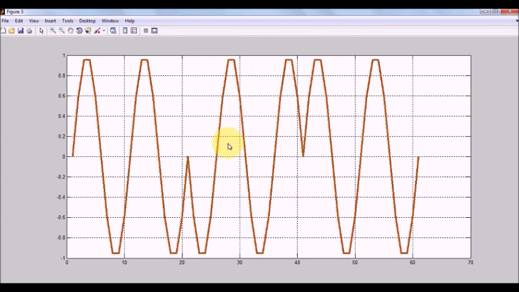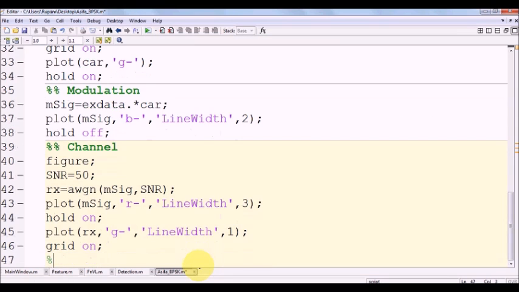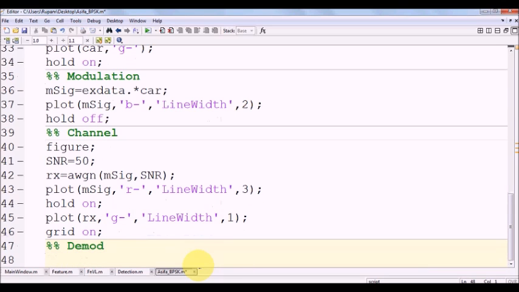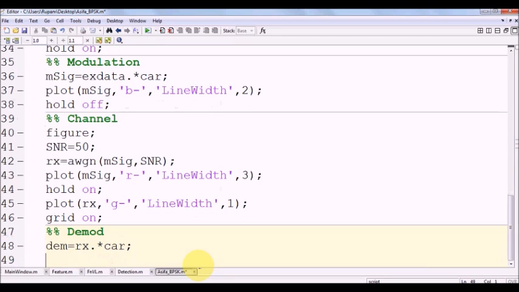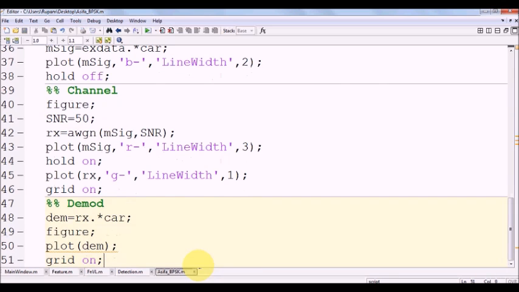Now how do we demodulate? The demodulation is nothing but multiplying the received signal with the carrier again. So for demodulation, my received signal is Rx. Demodulated signal is equal to Rx dot star the carrier signal. Plot the demodulated signal. Alright,